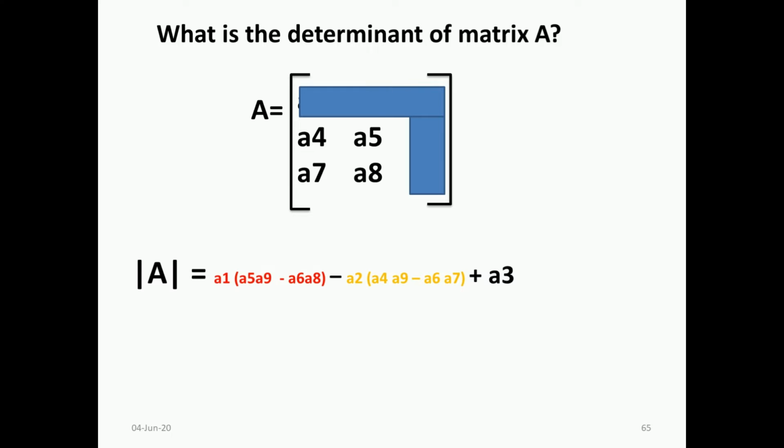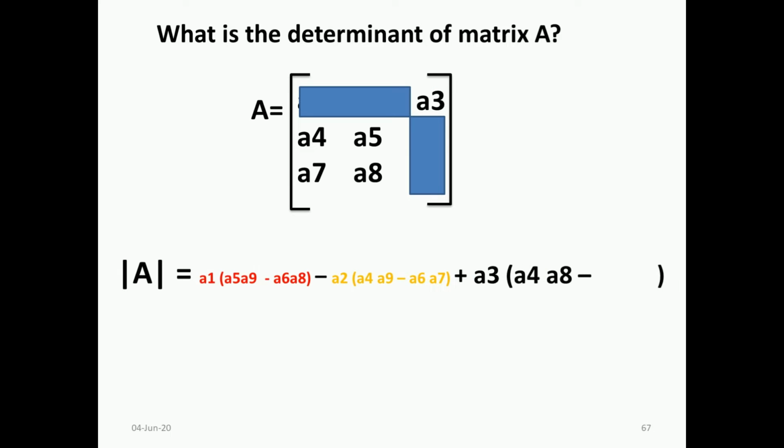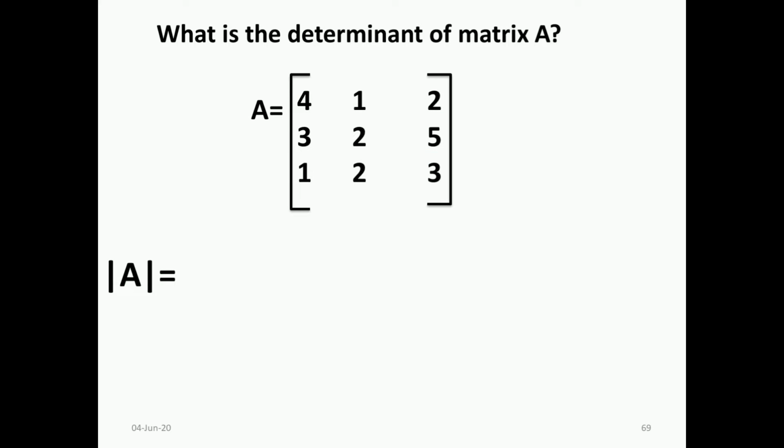Written as A4 multiplied by A8 minus A5 multiplied by A7. So this is the matrix A, and if you want to find the determinant of A, we use the same technique which we used earlier. We will choose the first element of that matrix. So we put in 4, and we hide the row where the 4 lies as well as the column. Now the remaining elements are 2, 5, 2, 3,